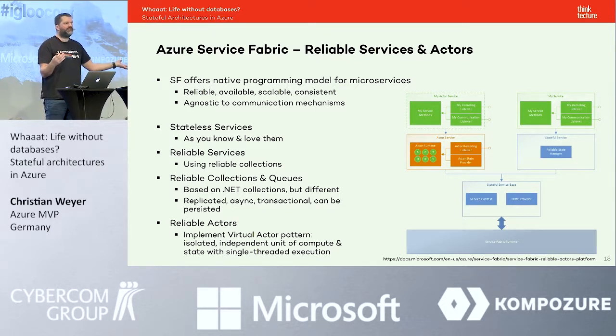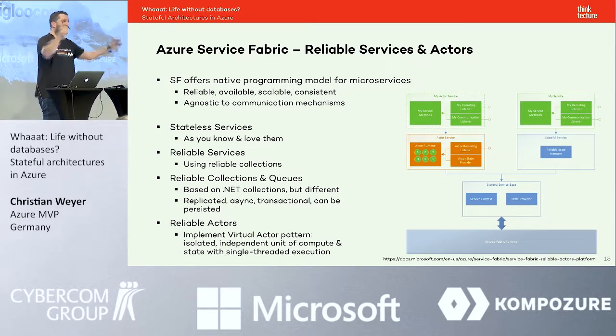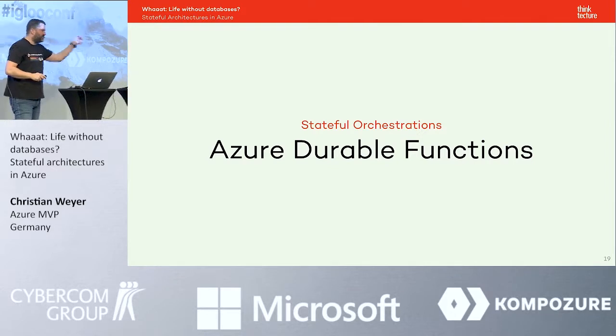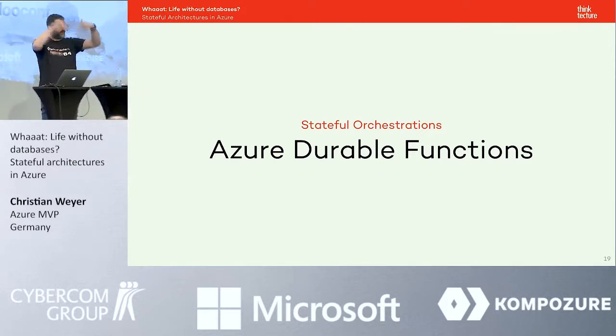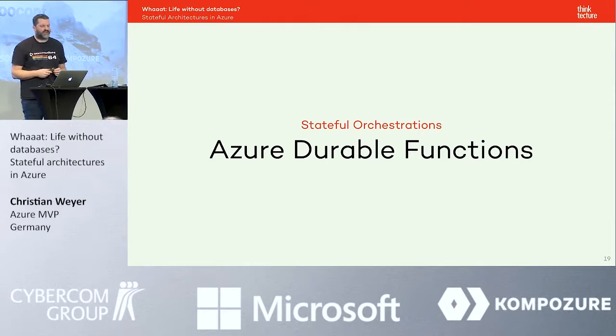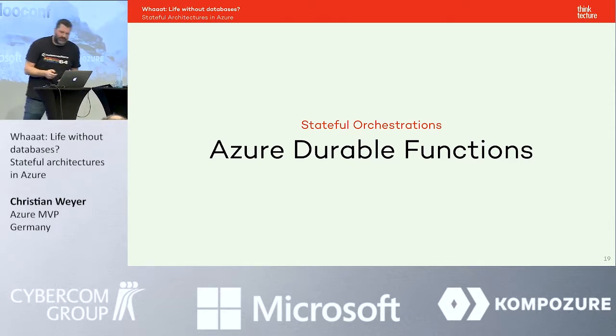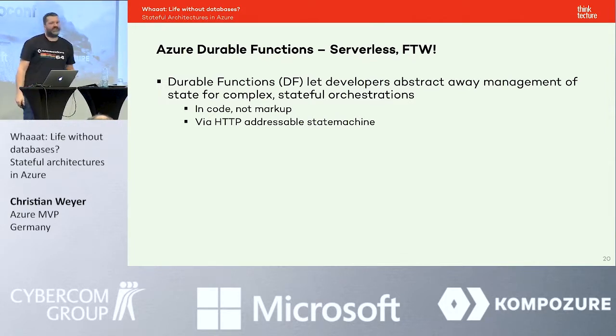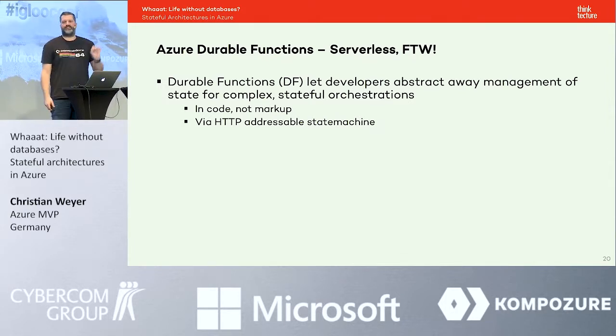Of course, we will need Service Fabric. Microsoft needs Service Fabric. Microsoft loves Service Fabric because they will build their first level services on top of that. But for us, usually, I guess it's not the right target. So if we want to talk about solutions for number 2, the orchestrations, let's have a look at Azure Durable Functions. So Azure Durable Functions is part of Azure Functions. And Azure Functions is a small piece of a serverless approach.